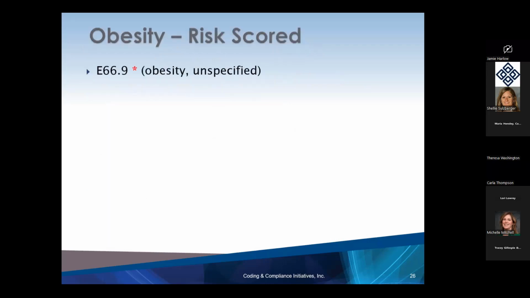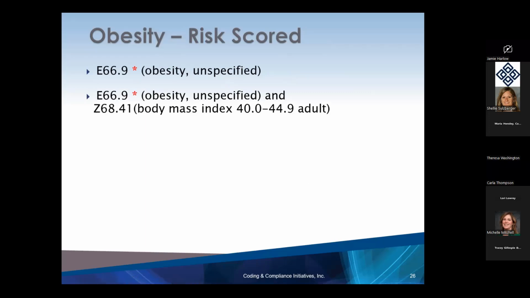So when we look at an example, E66.9, as I said earlier, doesn't have any risk score related to it. If your provider was great and documented the BMI and pulled that down into the assessment plan, we would get credit from a value-based perspective on my Z68.41. Again, with the E66.9, I don't get any credit, but I am going to get a score from my BMI. So I'm good. Because those two, even if we had morbid obesity, they're in the same category and we only